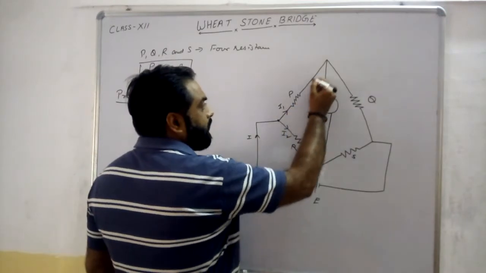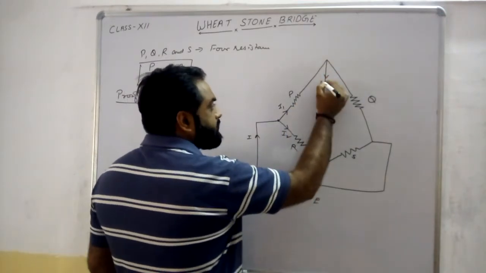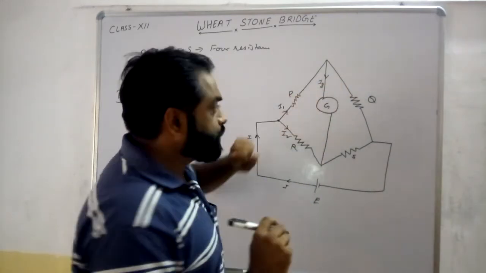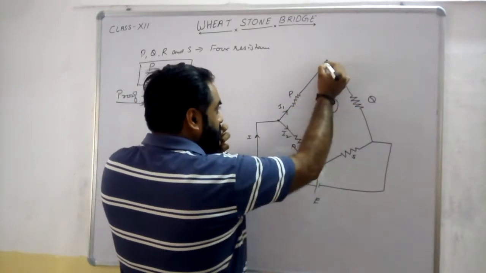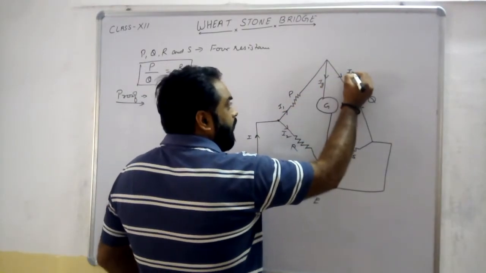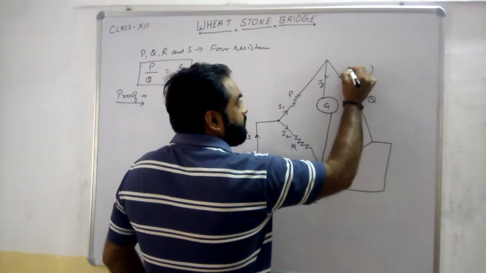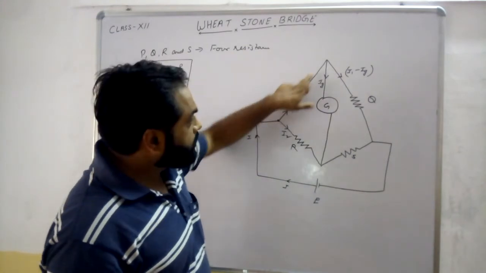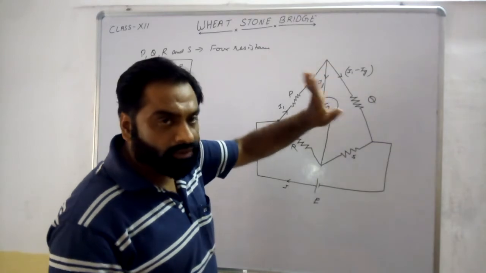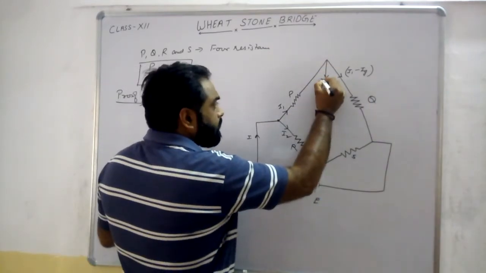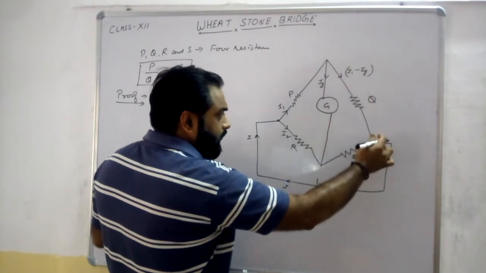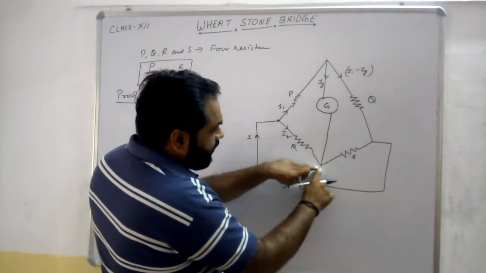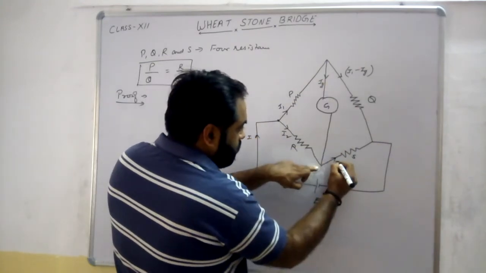Next, come here I1. Suppose the galvanometer current is Ig. What is the current in the galvanometer? Ig. Now what will be here? I1, Ig. Ig is cut from I1, so here I1 minus Ig. Right, see, suppose 6 is coming, 3 here is divided into 2 and 1. Then here I2 is coming from here, Ig is coming from here, both will be added.